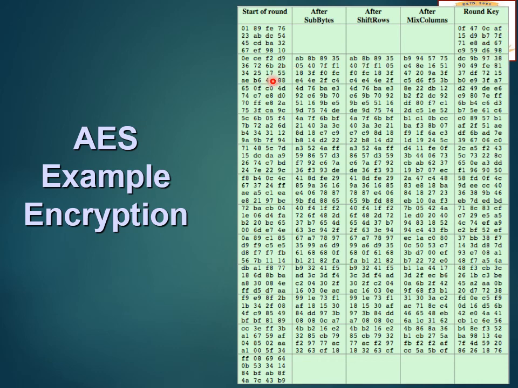Then from there, next round onwards, you have all the four rounds. And in the final round, we don't have the mix column, but all the other things are there. And for the add round key, only here the key is used. All the other rounds, substitute bytes, shift rows and mix column, do not use any keys.